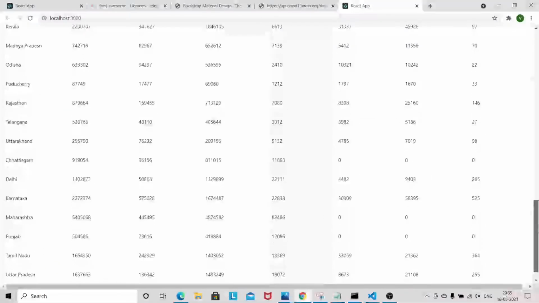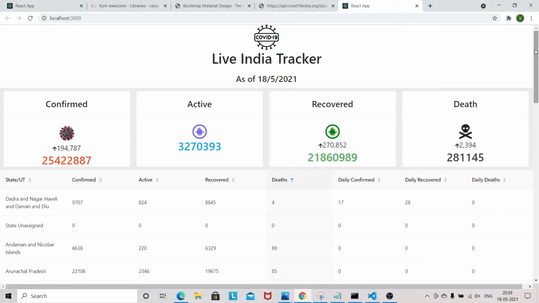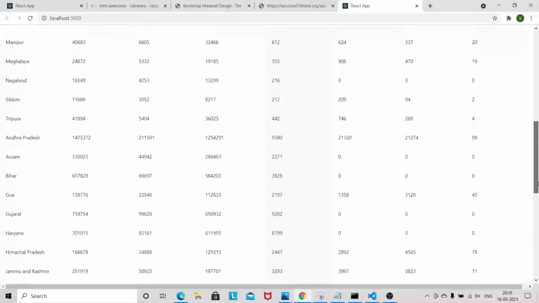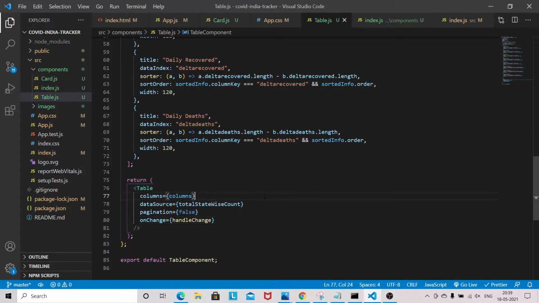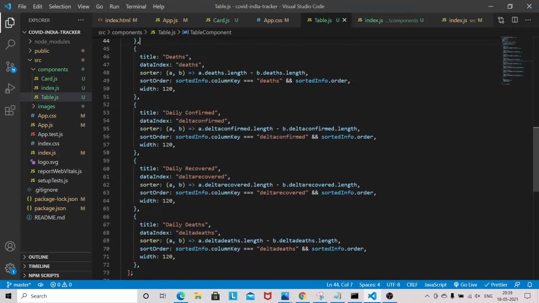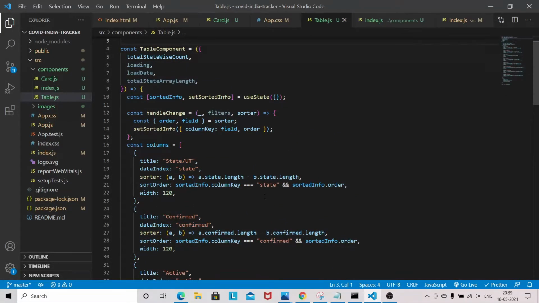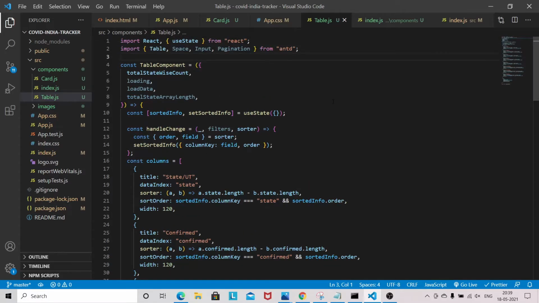Now the next thing we are going to build is the pagination. To build the pagination we need some state here.